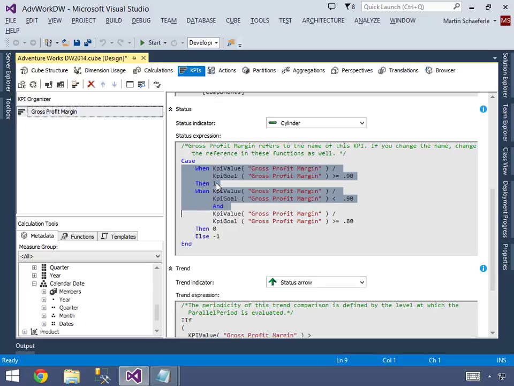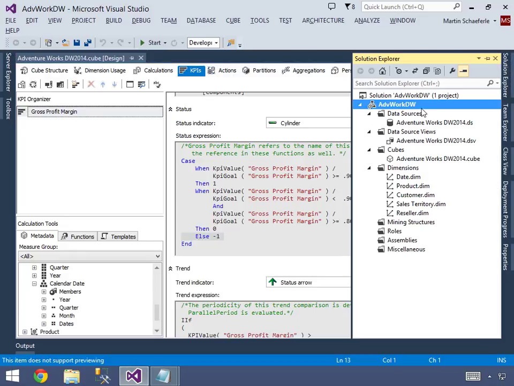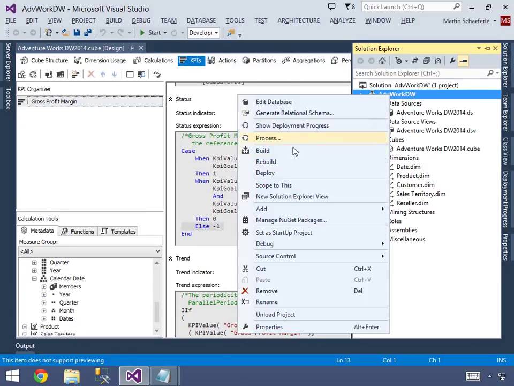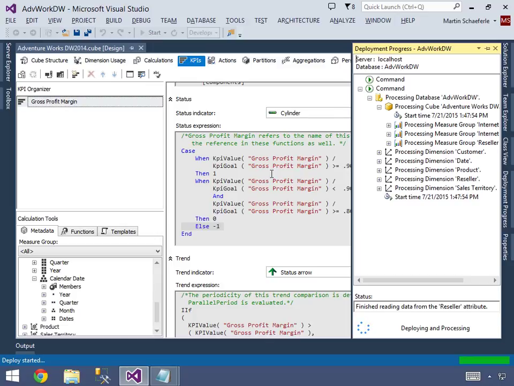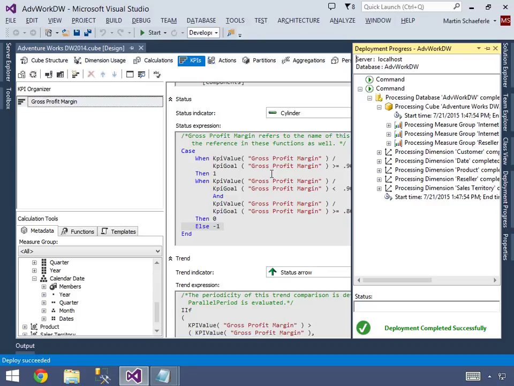If it's between 90 and 80, that'll be okay. And if it's below 80, it's negative 1. We'll save this and deploy our cube again. All this is MDX that you're going to learn over time as you build more and more from templates and KPIs and calculated columns. We'll go back to our viewer,